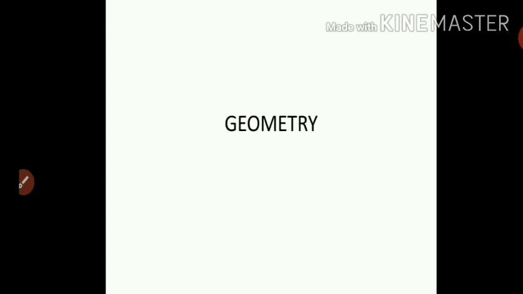Let's begin with geometry. Chapter 6, trigonometry. Exercise 6.2, part 1. Now last time, students, if you remember, we had done with the 6.1 exercise, and this is the last, that is the 6.2 exercise. There are 6 sums. So I'll be taking these 6 sums in 2 parts, that is part 1 and part 2. 3 sums in 6.2 part 1 and the remaining 3 sums in part 2.